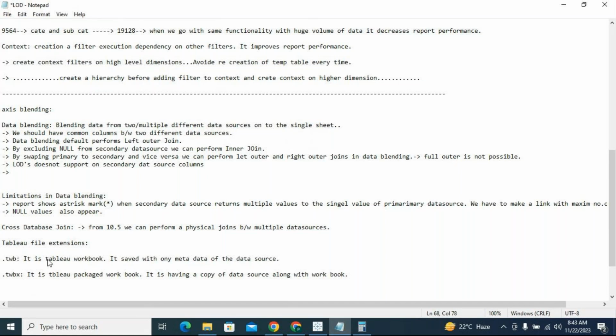Metadata of the data source means what? Structure information of the data source. Only structural information. So, metadata is structure information. For example,